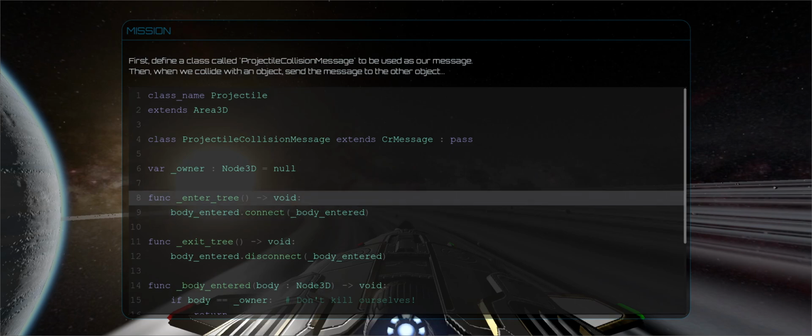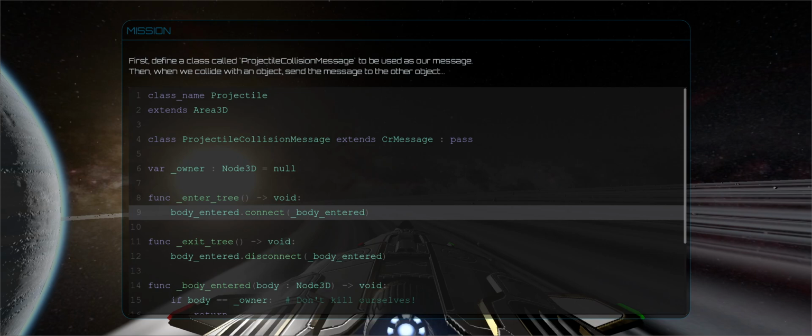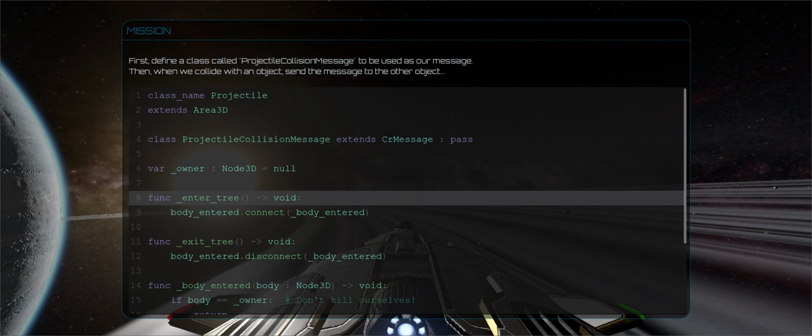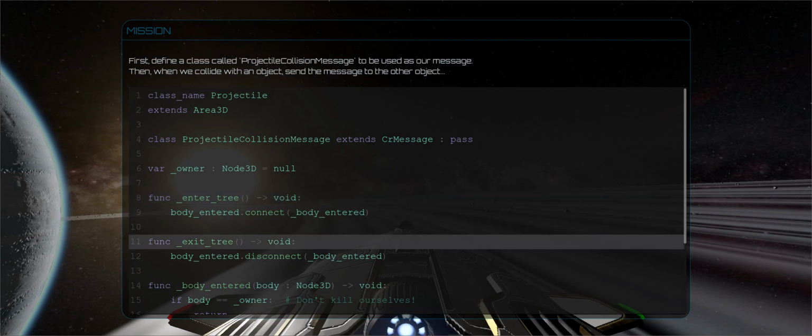All right, we're going to go into _enter_tree. Now, here on line 9, we have body_entered.connect. Actually, I should back up a little bit. Func _enter_tree. If you're not familiar with _enter_tree, this is called whenever a node comes into the scene view, essentially. And likewise, we have _exit_tree. This happens anytime it gets ripped out of the scene tree. Typically, that happens when the node is destroyed, although it can be removed manually without destroying the node if you